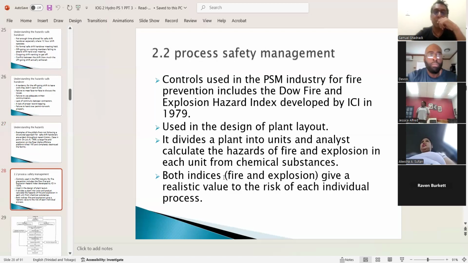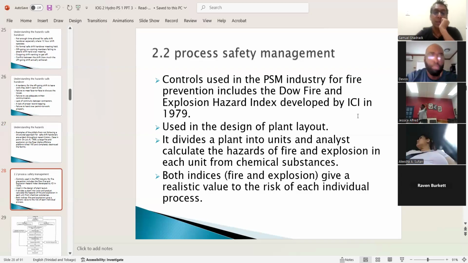So 2.2 process safety management, you saw that, remember it from the syllabus. So if you want to explain this one, they have something called the Dow Fire and Explosion Hazard Index, developed by ICI in 1979. That is the Imperial Chemical